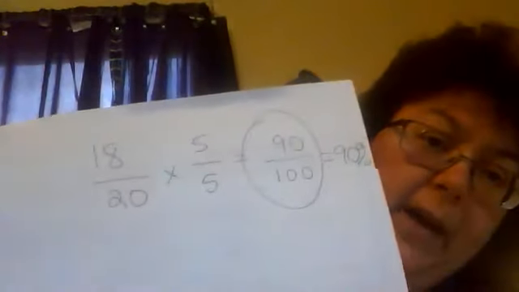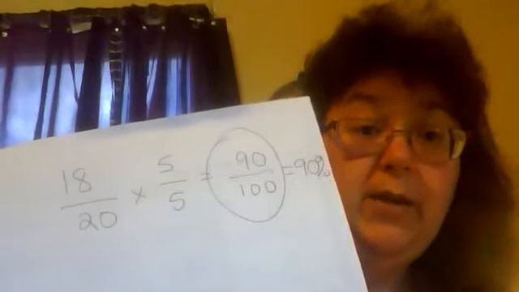Okay, so if you multiply that out, you would see that 18 out of 20 is 90%. So that's how you would change a ratio to a percent. All right, so now if we wanted to do it the opposite way, and you want to change a percent to a ratio, then that's the second green box on